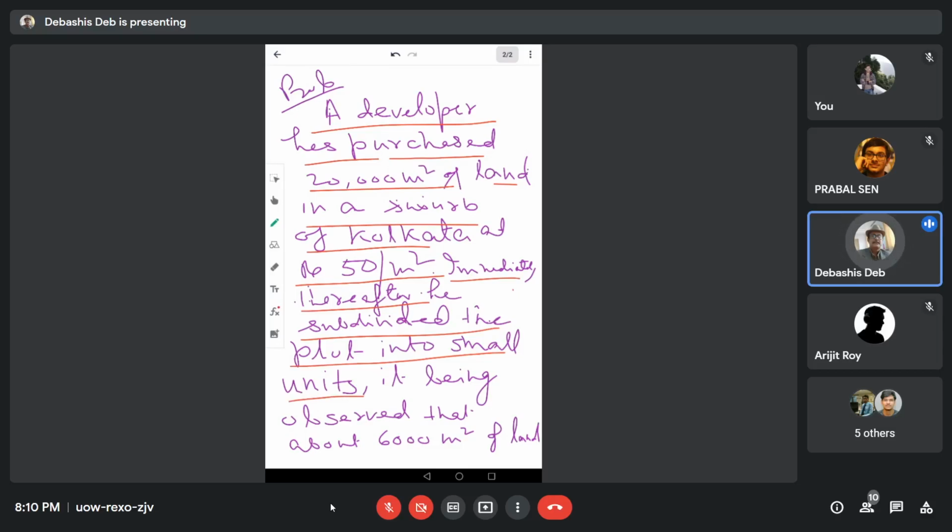His intention was to purchase a large area of land at a cheaper rate and then divide the land into smaller units, provide roads, parks, etc., and sell the smaller units at a higher rate to make some profit. So into small units, it being observed that about 6,000 square meter of land